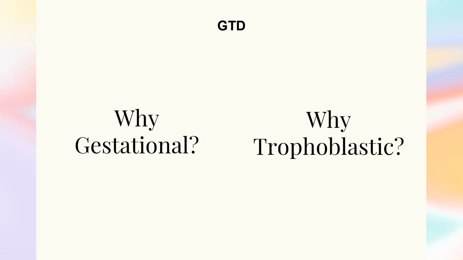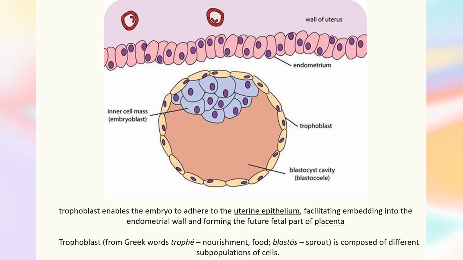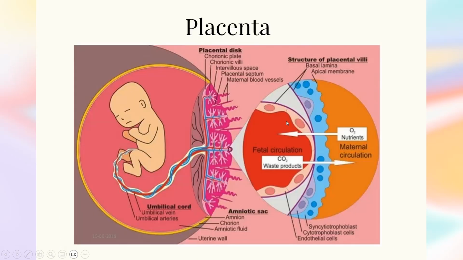But why are they called trophoblastic? Now let me take you through a quick journey back in time. Back in the womb, the uterus of our mommies, when you were a blastocyst, then an embryoblast, and you had that trophoblast layer surrounding you, a layer of cells that are called the trophoblasts. Trophoblasts are the cells that are incorporated into the formation of the chorion, that has those chorionic villi that implant into the decidua to form the placenta. The placenta is the actual channel for the exchange of the nutrients and the gases between the mom and the baby.